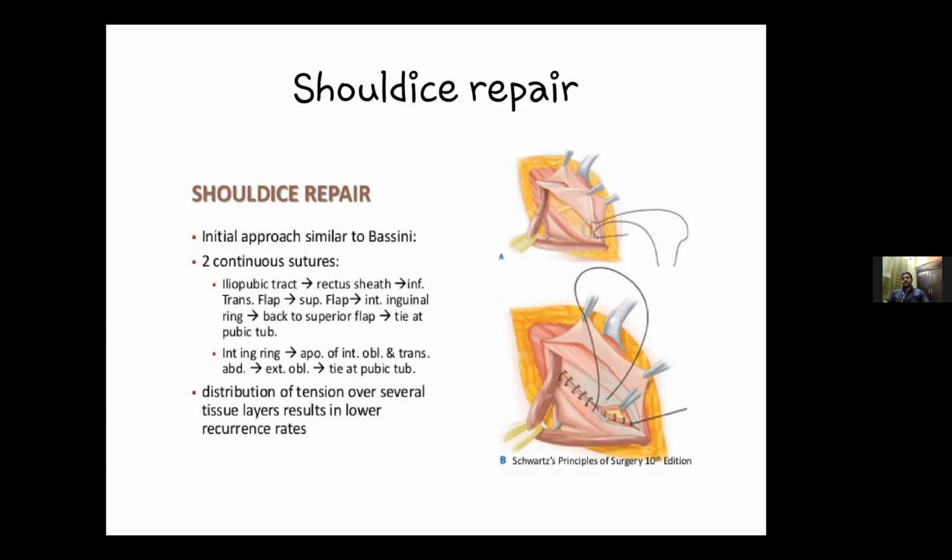What is the disadvantage with the Shouldice repair? Sir, it has tension. Tension repair, sir. So it causes the amount of tension. And when compared to the mesh repair, the recurrence is very high, sir. Yeah, it's high and technically it's a little difficult repair. So everybody cannot replicate the same results that Shouldice clinic has. Yes, sir. It is not easy for the younger surgeons and the trainees to learn.